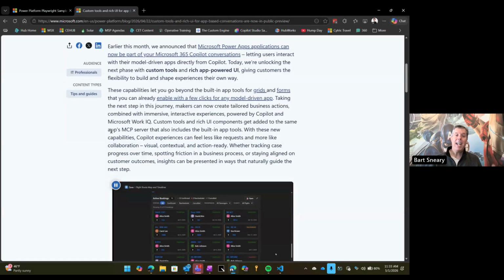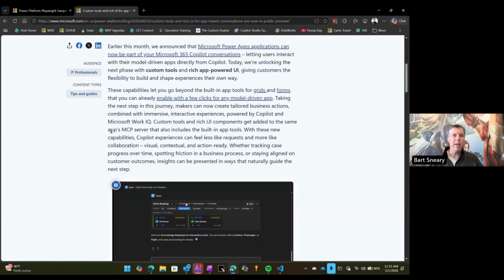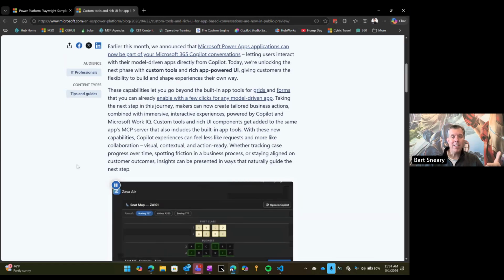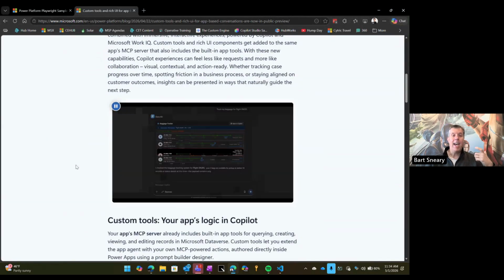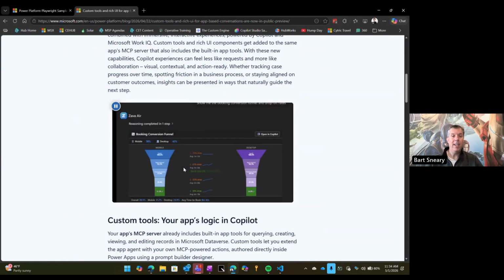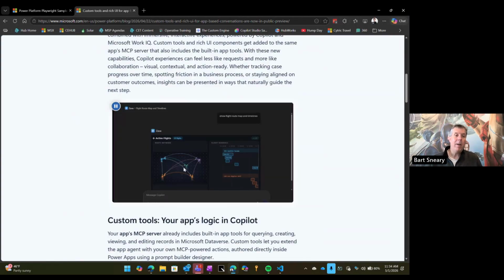That if you've got your Power App, right now I think it's model driven app only, is that you can generate that MCP server and then have AI generate a nice widget and you package that up and you upload